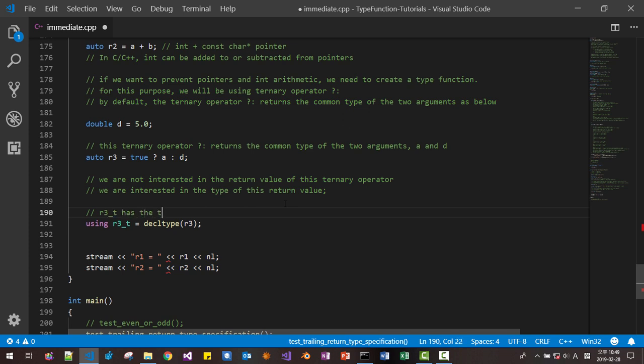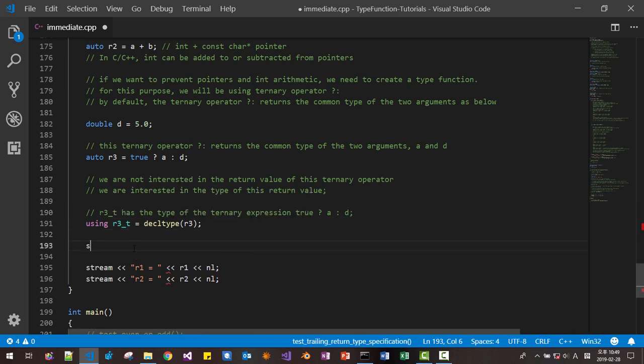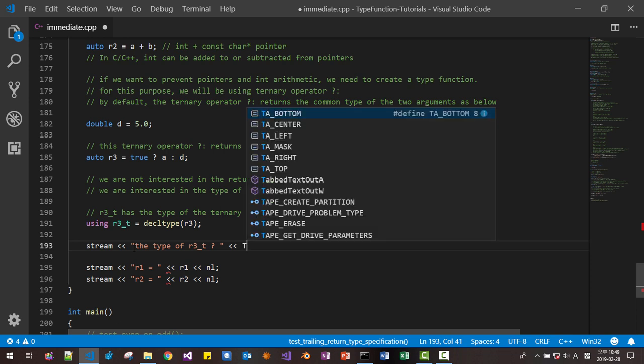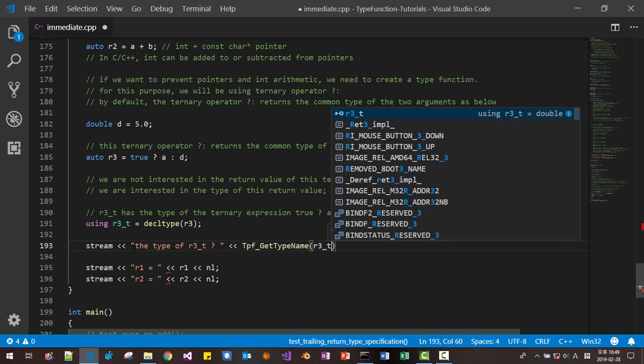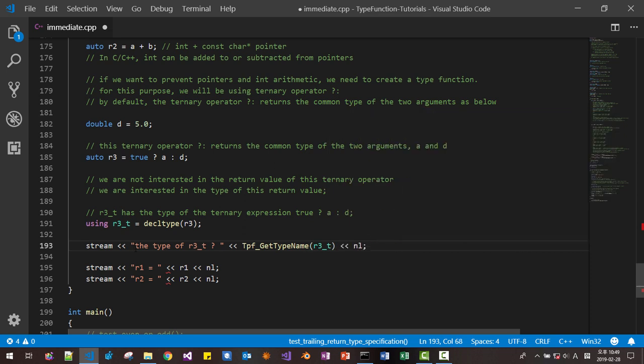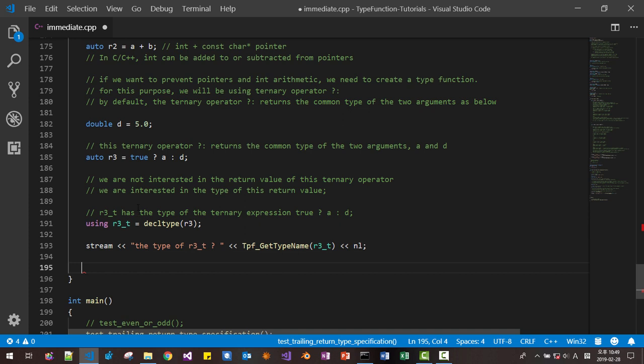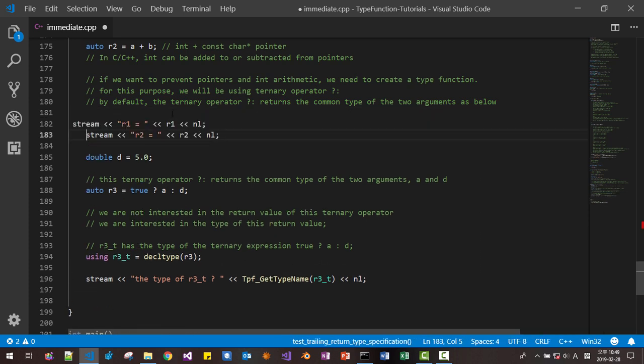R3T has the type of the ternary expression true ? A : D. So we print out the type of R3 like this, streaming the type of R3T, then typeid or a get type name function on R3T. So I will move this part, cut, and paste it here, and I will disable this.